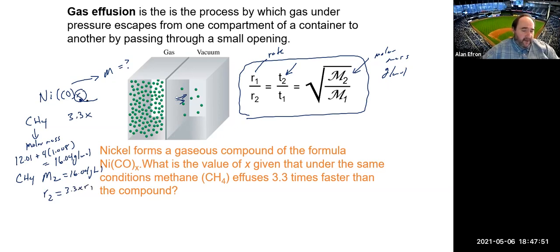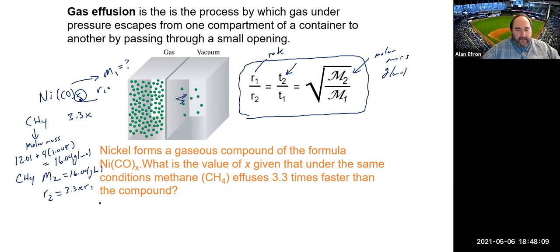And we'll call the rate of this compound R1, so we'll call this one M1. We don't know what the rate is, but we do know that the second one is 3.3 times faster. So if we put our numbers in there,